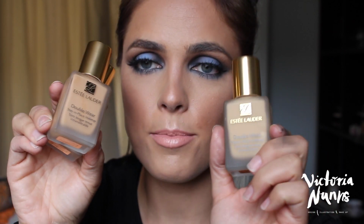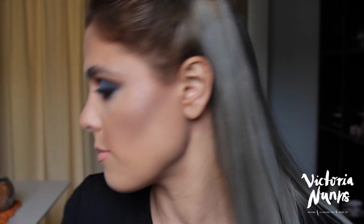I also find that you can mix in a range of other foundations to lighten it a little bit so it's not so heavy, and also to reduce the chance of getting any flashback, where say if you're using flash photography in a low light setting, you can tend to get a little flashback from the SPF that's in the Double Wear. But other than that, I just absolutely love it. It is a little bit heavy because it's in glass bottles, but that's something I could deal with because it's such an amazing product. So I thought I'd show you some of the products I got just before I left